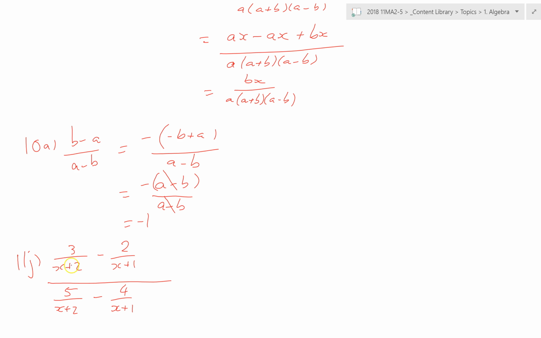If I multiply this fraction by x plus 2, x plus 1, the x plus 2's cancel, and I get 3 outside of x plus 1. Now, I multiply this here by x plus 2, x plus 1, the x plus 1's cancel. I get minus 2 outside of x plus 2. That's my new numerator. My denominator, we can cancel all those denominators because all of those fractions are essentially going to have the same denominators now. Because we're multiplying